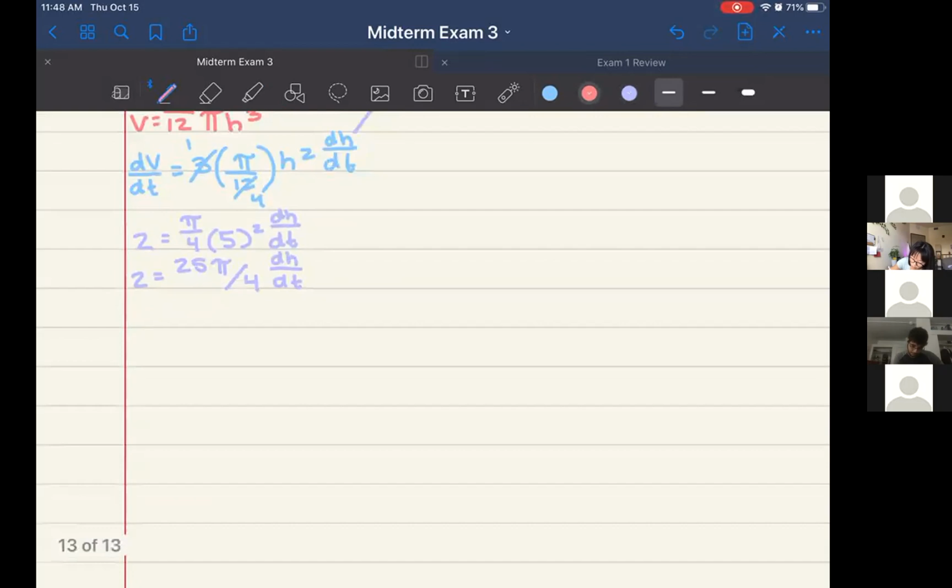And then dh/dt is going to be equal to 2 over 25 pi over 4, which we can also rewrite as 2 times 4 over 25 pi. So that's going to be